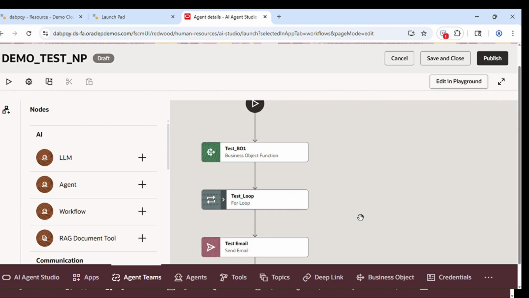So overall, I will say this loop node is a powerful feature that simplifies the handling of multiple sets of records in this particular workflow. It will improve the efficiency as well, and it will reduce the manual effort. So we can design this in a simple way and on a large scale as well. So that's it for the loop node demonstration. Hope this helps you to understand how to